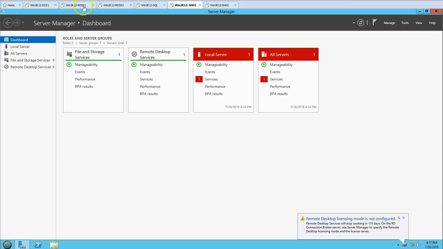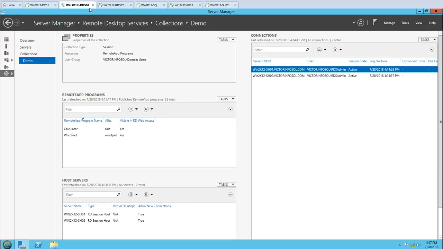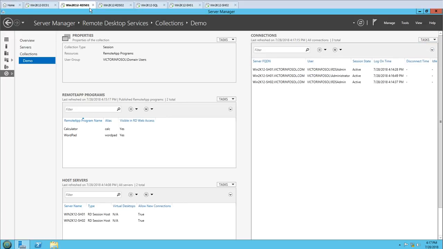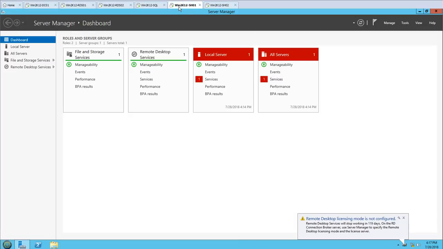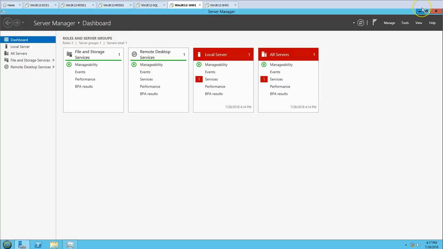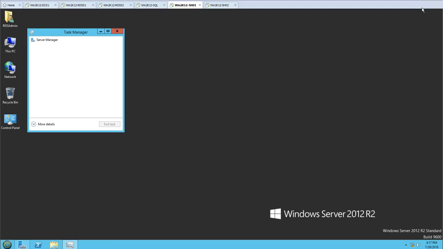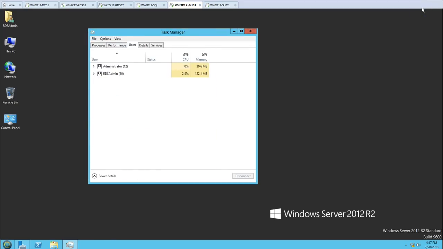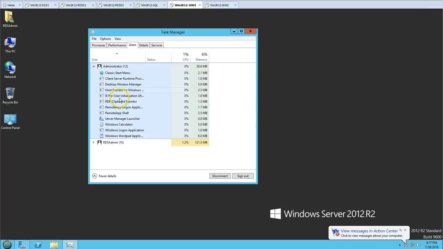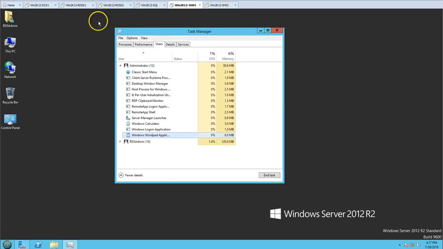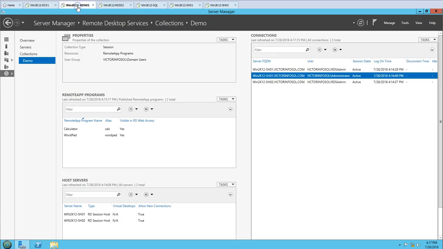We can go here actually on our RDS server, refresh it. You can see our administrator's session is coming on SH01. So if I go here on SH01 session host 01, I can see my session is coming here. You can see this is using calculator and WordPad. So we have verified